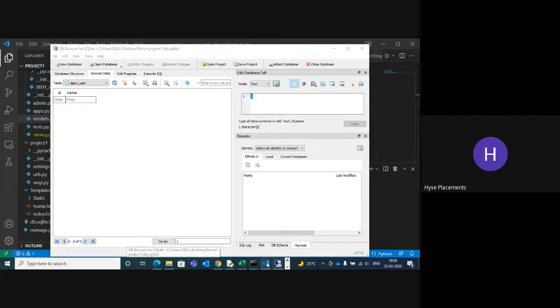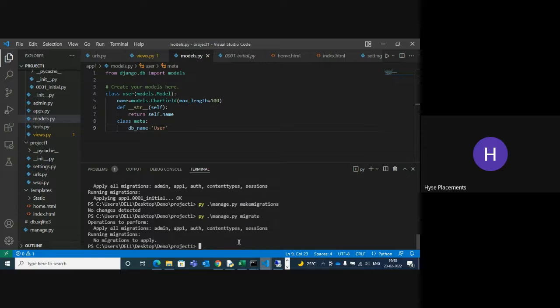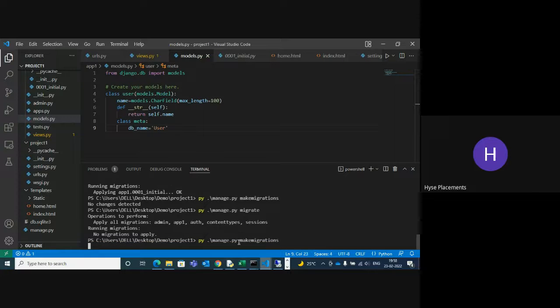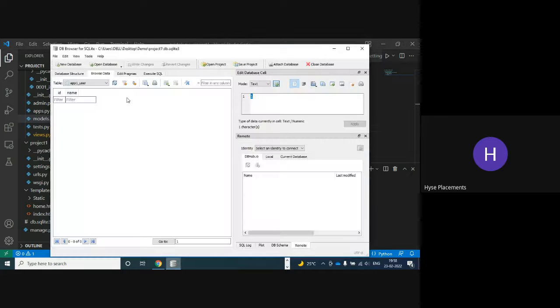I will apply the changes before these things. I can change it now, save, and again apply migrate and make migrations. This time you refresh your database and change it to your table name. You can see app one user.